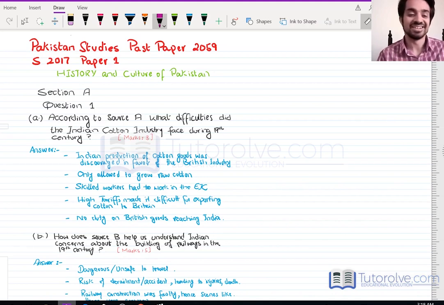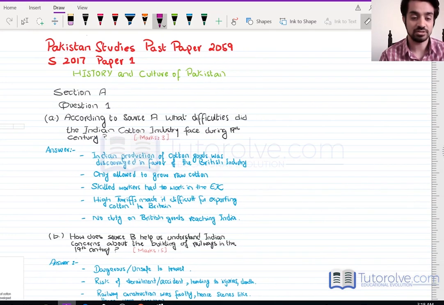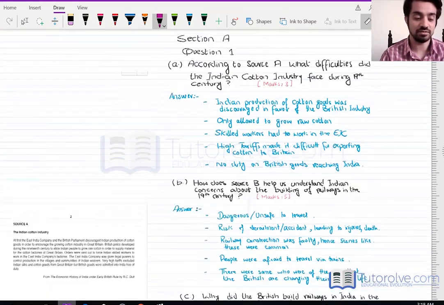Pakistan Studies, past paper 2059, summer 2017. This is paper 1, History and Culture of Pakistan. So the first one is section A, in which they have given us the source material, which is talking about